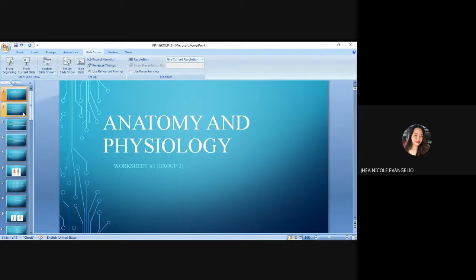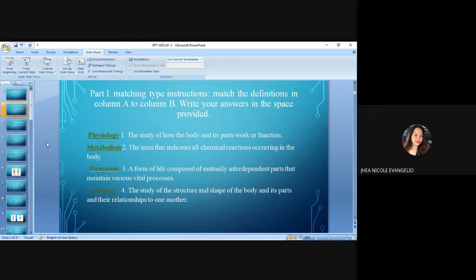Thank you, Nestle. In part 1, matching type. Instructions: match the definitions in column A to column B. Write your answers in the space provided. Number 1, the study of how the body and its parts work or function. The answer is physiology. Example, a study of how the heart regulates blood flow to supply oxygen to other organs